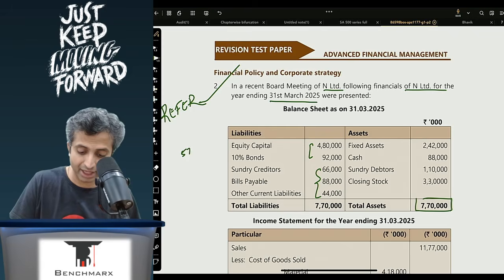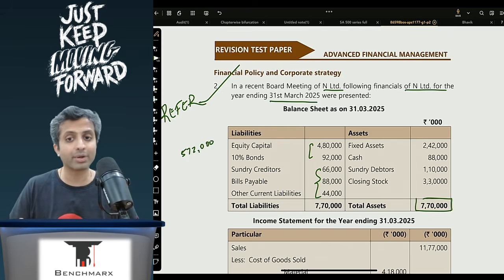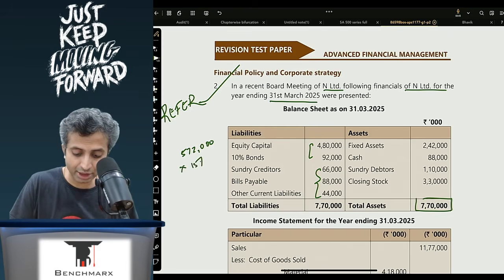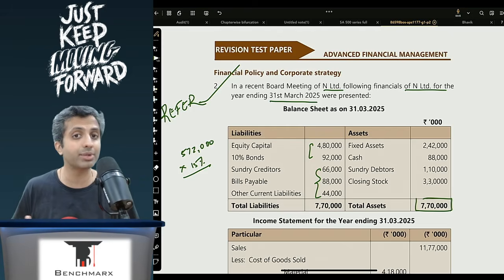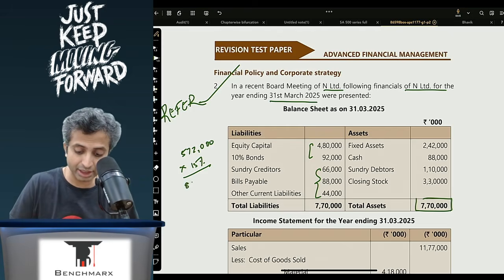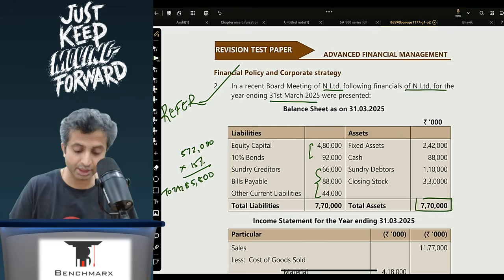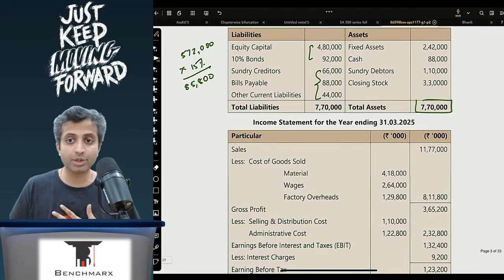So this is 5,72,000. Now generally the sales are to increase by 15%. All the operating assets as well as liabilities will also increase by 15%, and hence 15% of this would be your total funds required. Now a part of these funds can be raised by internal retained earnings, and the remaining will be raised through external funds. So I believe you will need 85,800 of total funds. Now out of this 85,800, some of these funds will be raised using external funds, some of them will be raised using internal. So we'll figure out how much is internal.